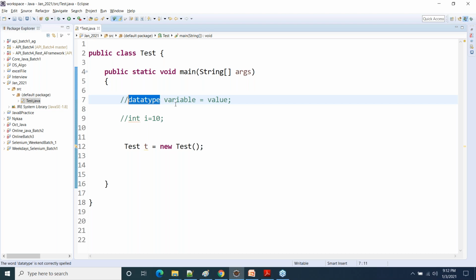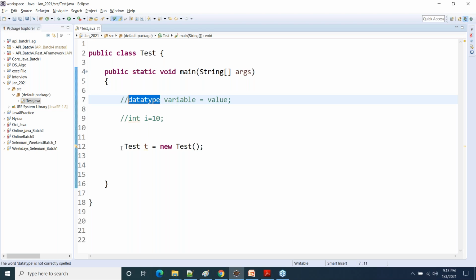Is the concept of data type clear now? That is why it is mandatory in Java to define the data type.